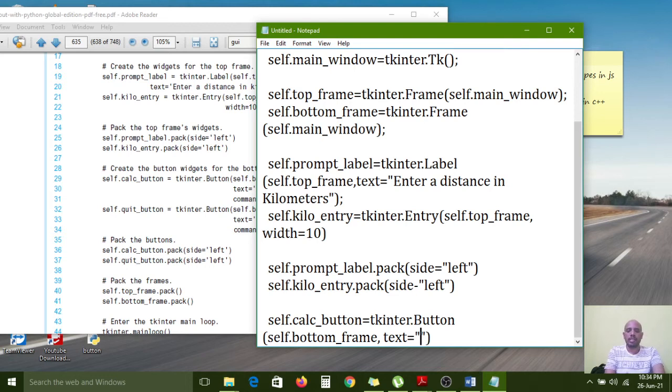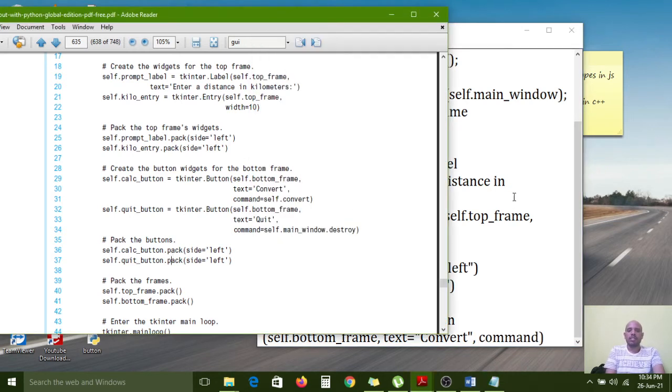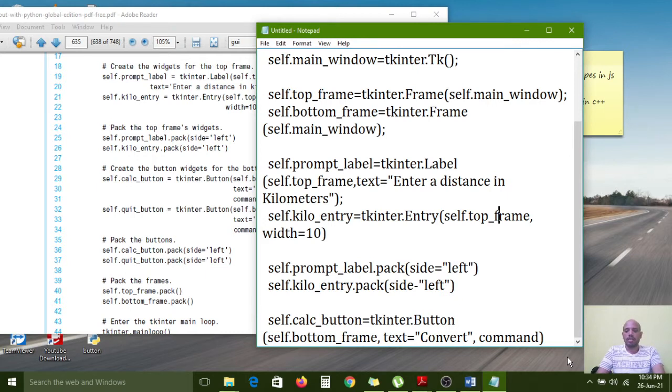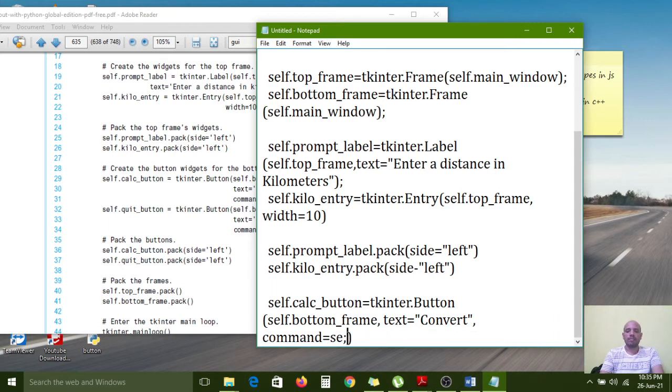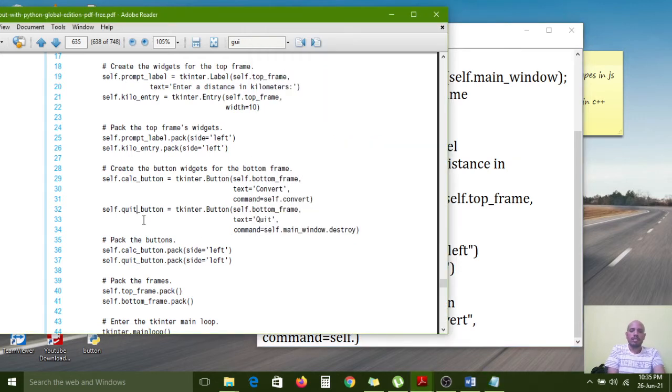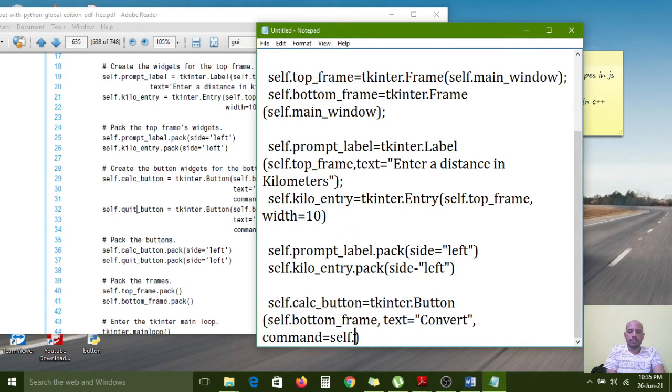What text will it display? Convert is the button. After that, command equal to self dot convert. It is a callback function. Self dot convert method I have called.